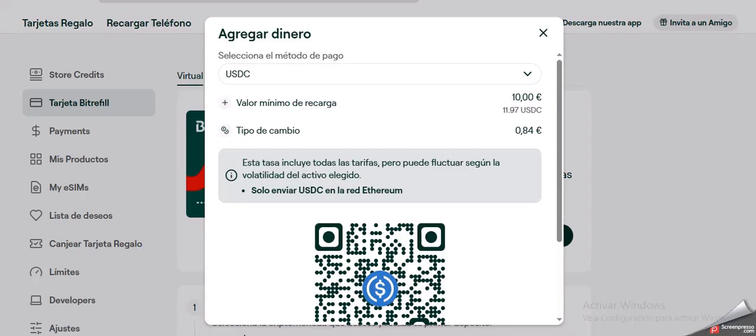We're continuing with the Bitrefill card, and today we're going to see how to top up the card with money from Bitrefill, okay? In this case with cryptocurrencies, and specifically we're going to use USDC. You already know that we have a video on the channel where I explain how to exchange USDT for USDC,